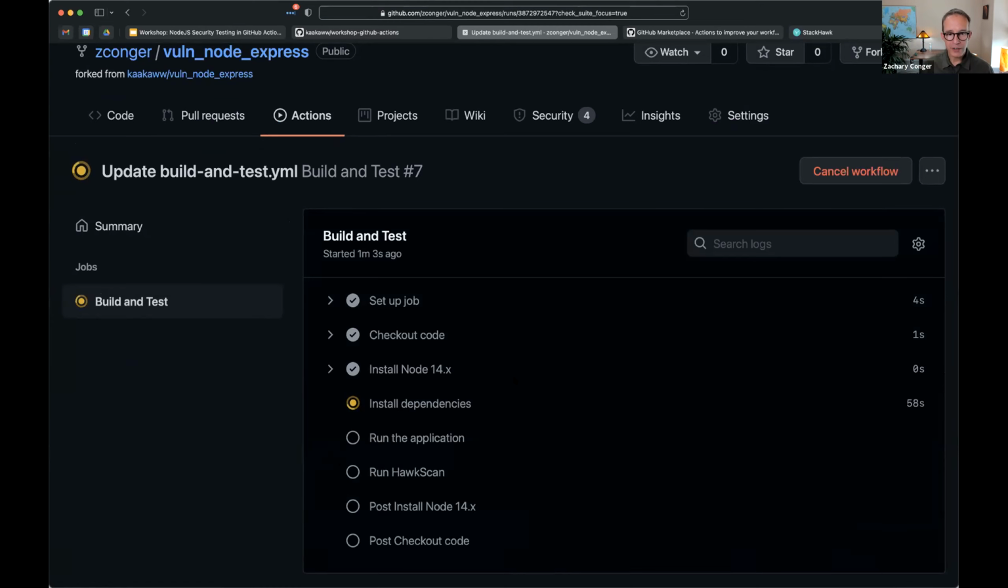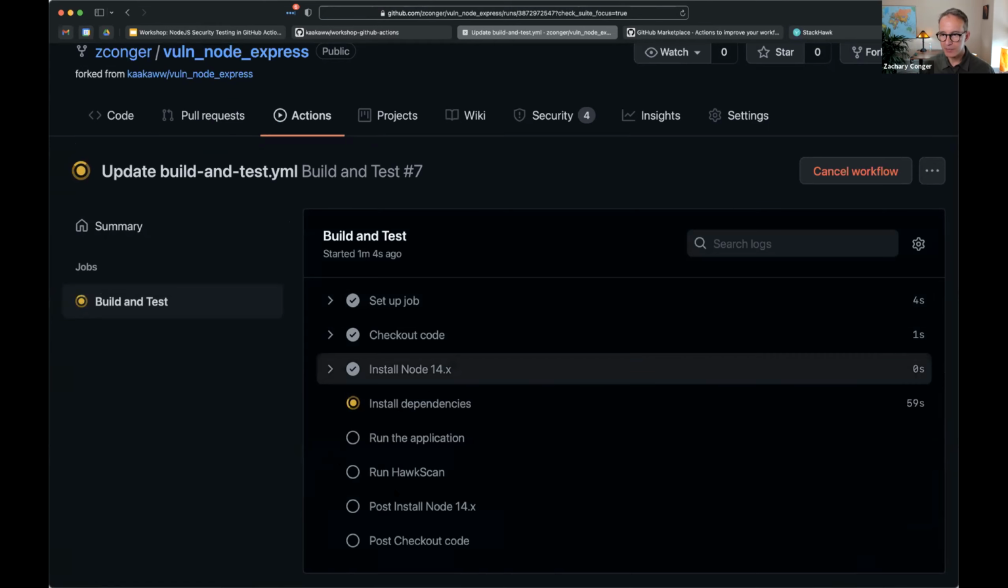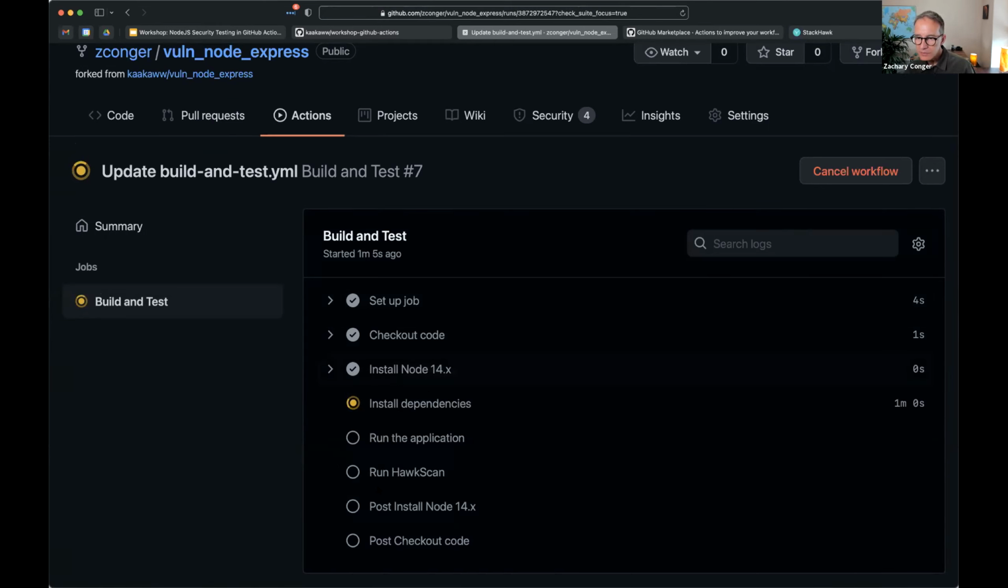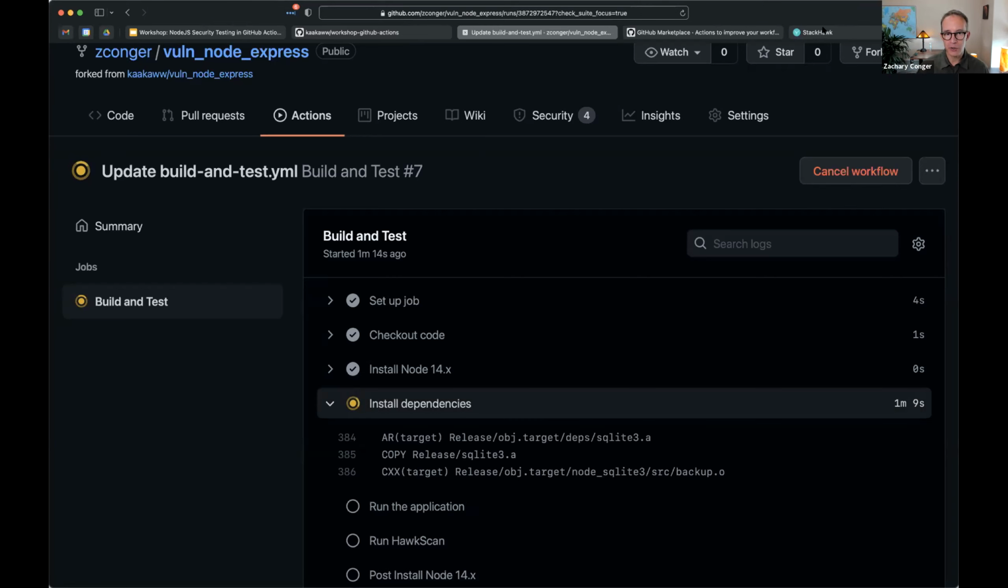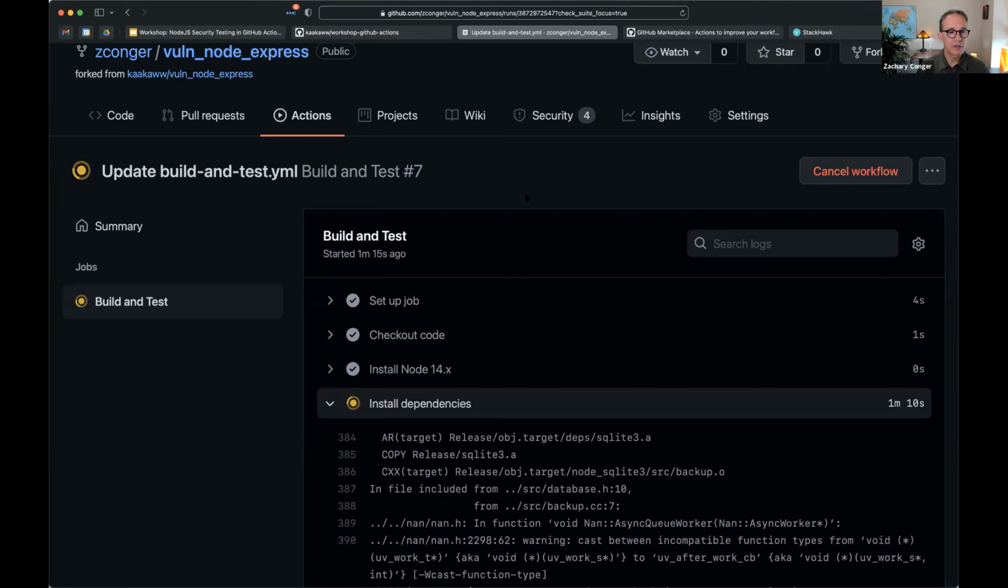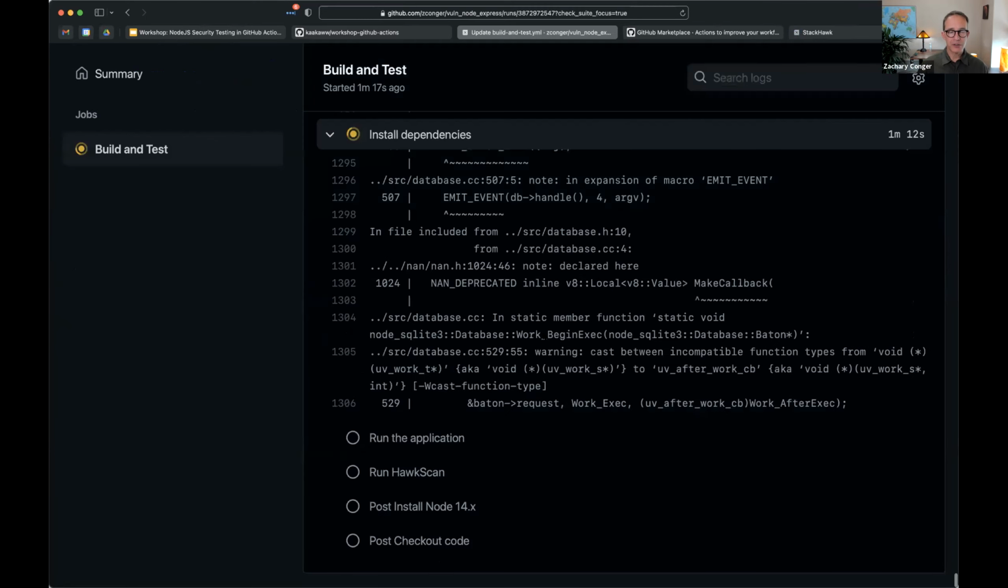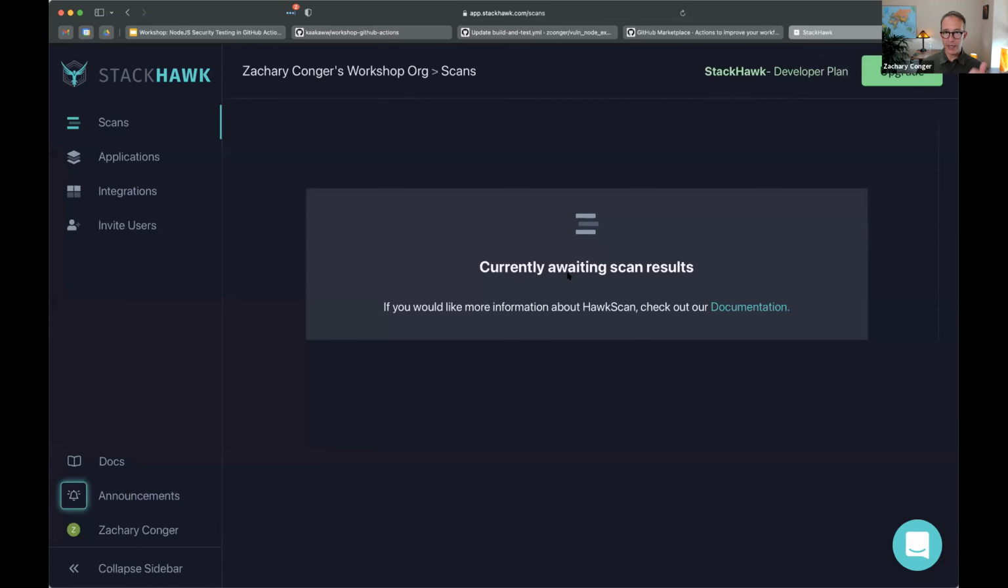And while we're waiting for these things to run, because it'll take a while to install dependencies, I'm going to pop back over to the StackHawk UI and just give you a quick tour while we wait. So we don't have any scan results to look for yet, but when that HawkScan kicks off, we should be getting some results. Over here in the Applications tab,